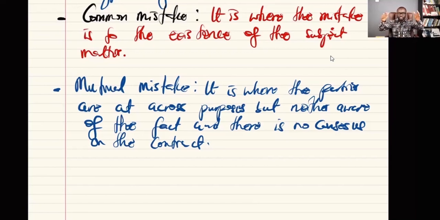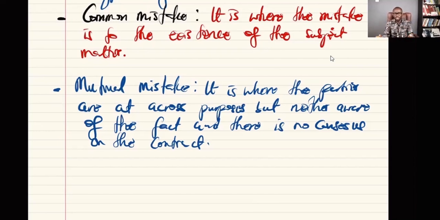So we are at opposite ends of the deal, and we thought we had concluded on the deal. I thought this is what you meant. You thought this is what I meant. So there is no consensus reached based on the facts, but both parties to the contract thought they had reached a conclusion. So if you take me to court and say, Nhyira, I'm giving you 1,500, give me the phone, then I'll tell the judge, my lord, that is not what we agreed on. We didn't agree on that.